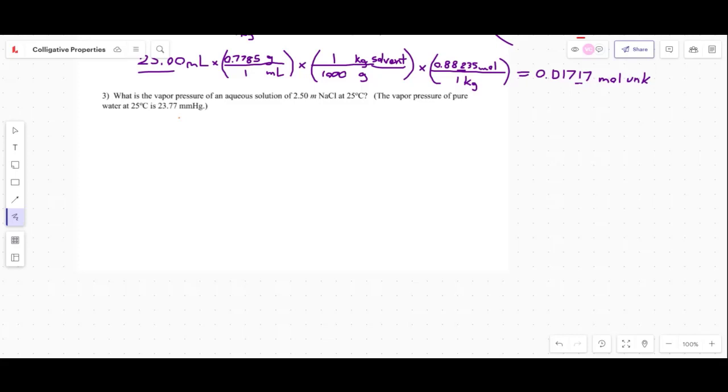Excellent. It's going to go down because there's now a solute that's reducing the number of